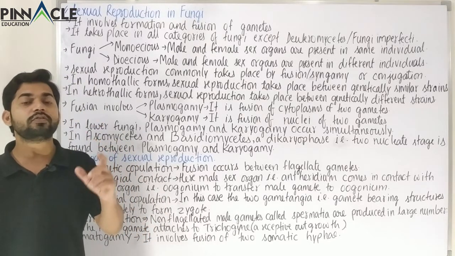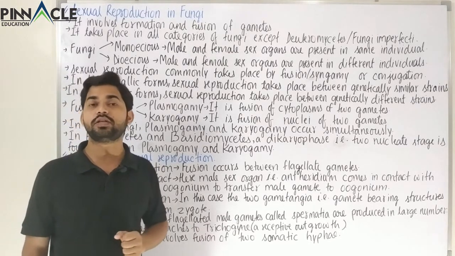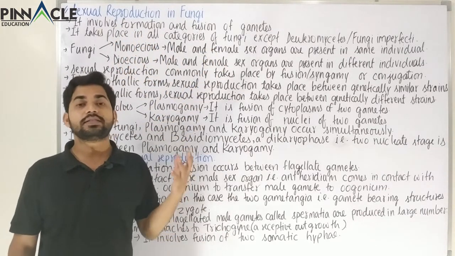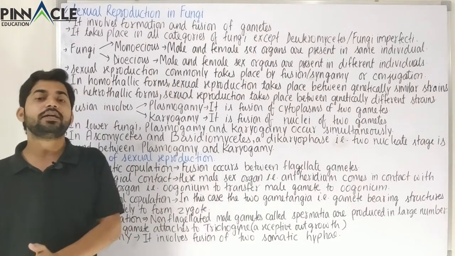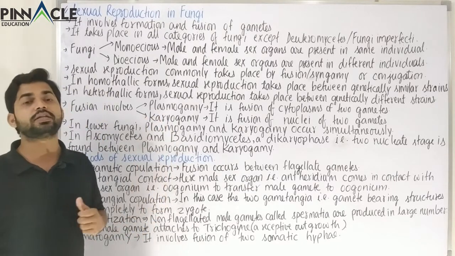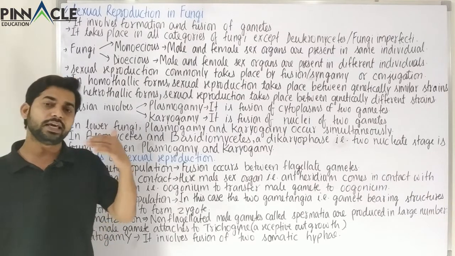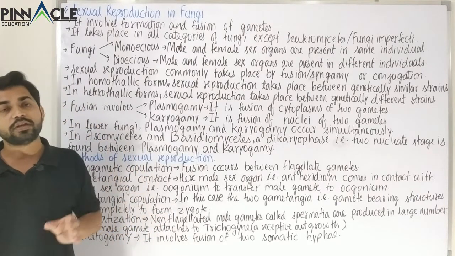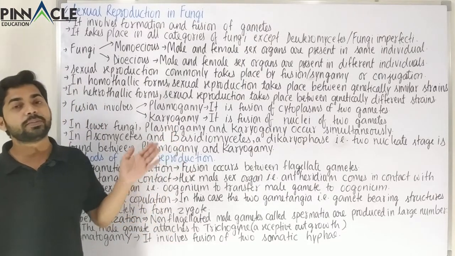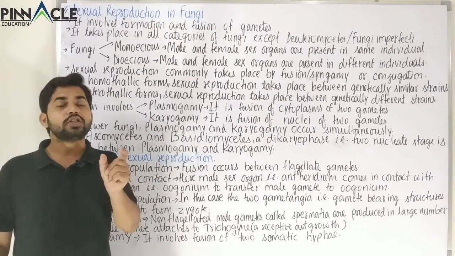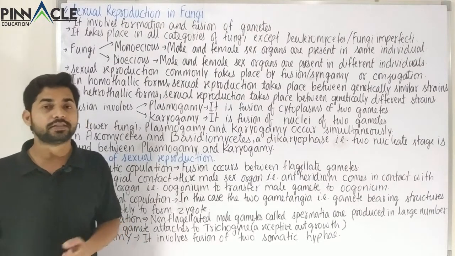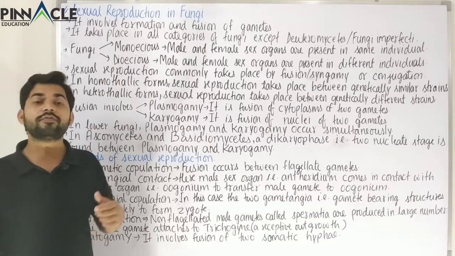So this is the first and one of the most important features of sexual reproduction, that it involves formation and fusion of gametes. Gametes are sex cells that directly participate in the formation of the zygote. So this is the first feature of sexual reproduction in fungi, or in any other kingdom. We know that sexual reproduction does involve formation and fusion of gametes. So whether it's fungi or plantae or animalia, everywhere sexual reproduction involves fertilization, and we can also say formation and fusion of gametes. So this is the first thing about sexual reproduction of any category.